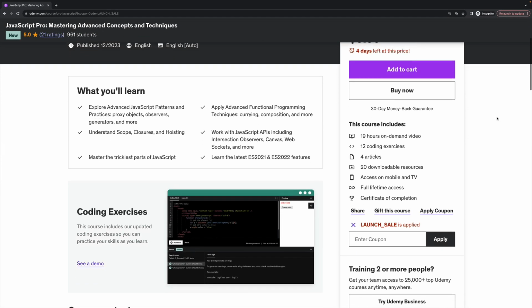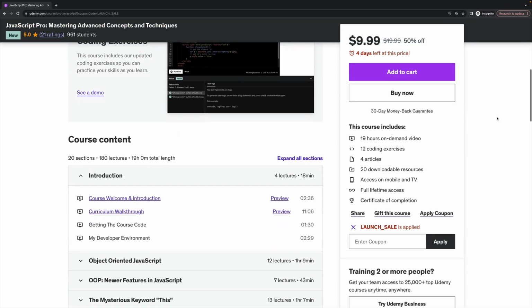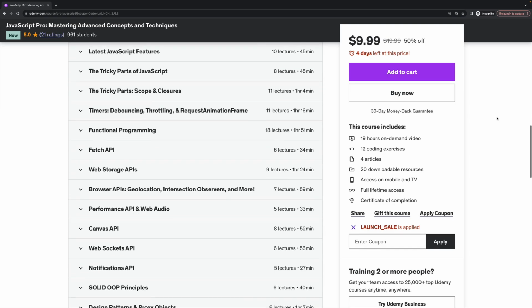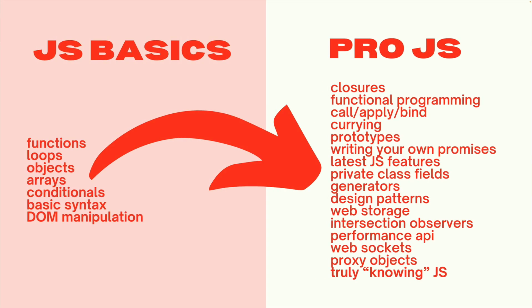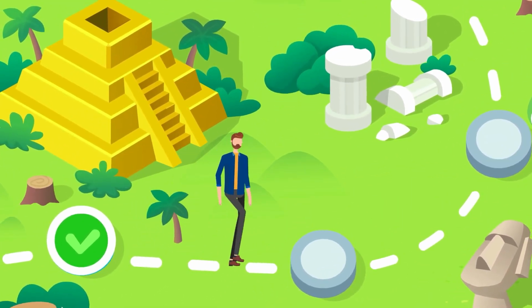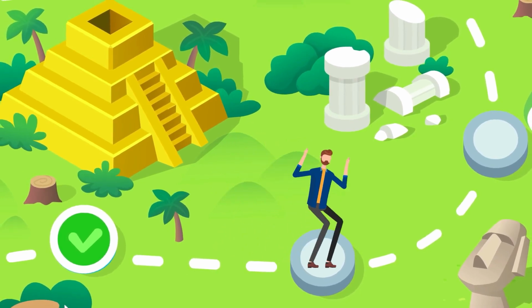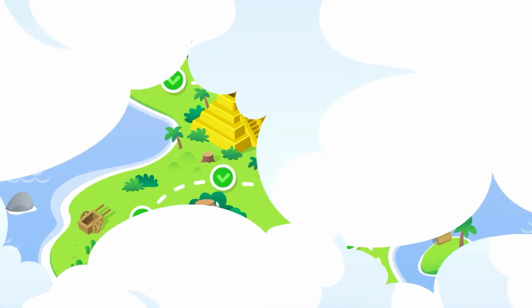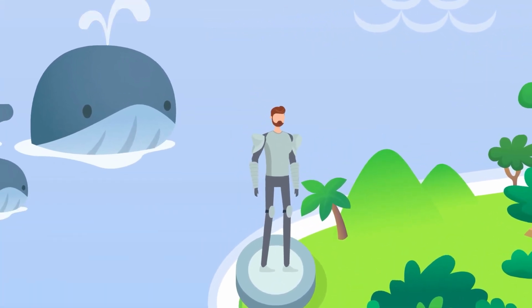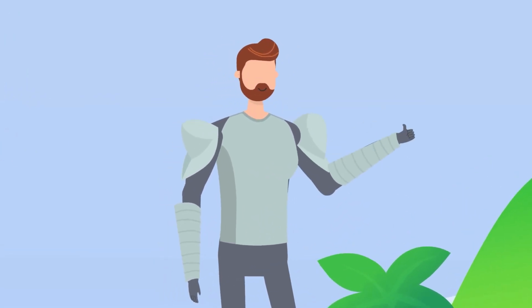It is called JavaScript Pro. It's basically an intermediate slash advanced JavaScript course. What I noticed was, and it doesn't take a genius to notice this, that a lot of students who go through online courses, including most of my own courses that cover JavaScript, they'll teach you the basics and maybe a bit more than the basics. But then there's a huge gap between knowing the fundamentals of JavaScript and truly being a JavaScript expert. So this course is my attempt at bridging that gap, helping students who know enough JavaScript to know almost everything